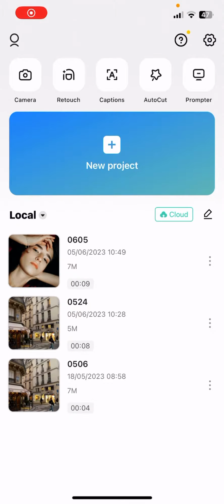Hello guys, in this video I'm going to show you how to set up the opacity in CapCut, but first